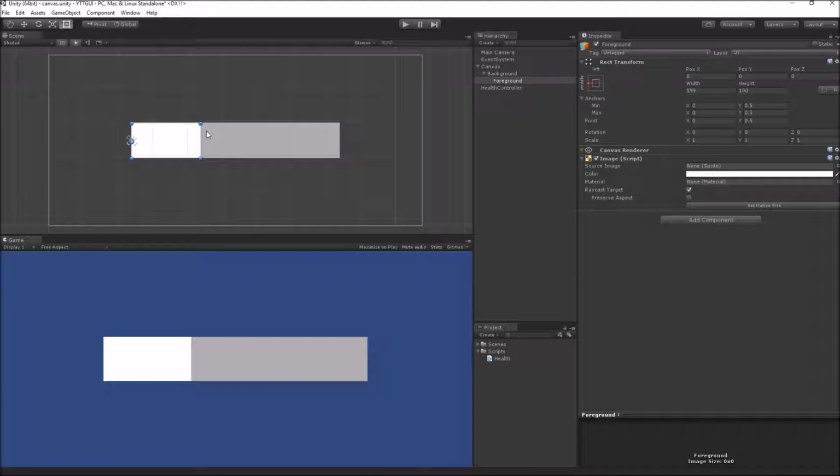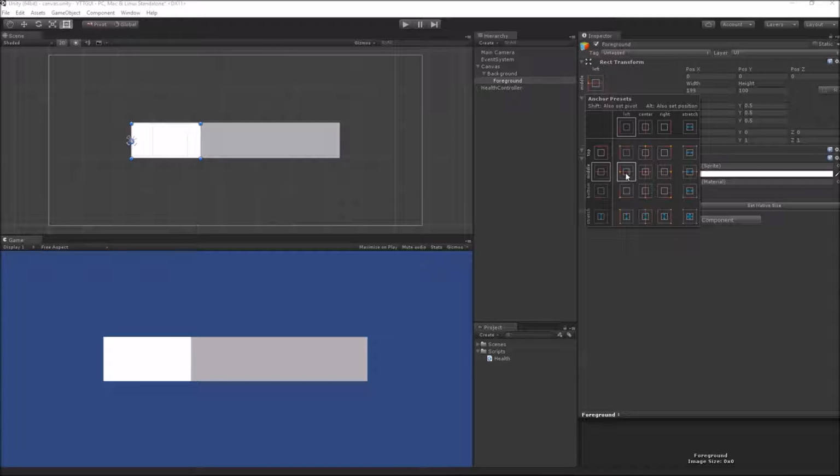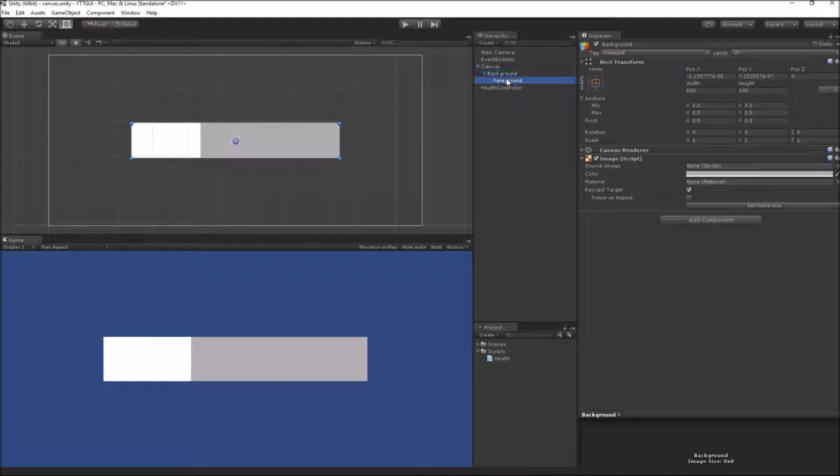One little modification needed for the foreground image was that I've changed the anchor preset to the middle, and it is anchored to the left corner of my background image, which is obvious because when your health increases, this image should go down towards the right, and fill it up completely.